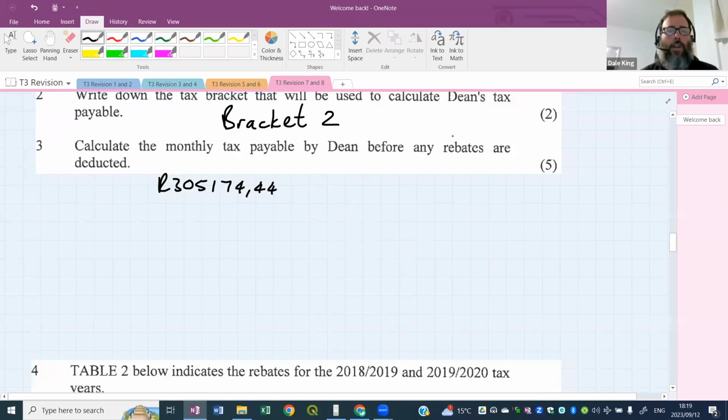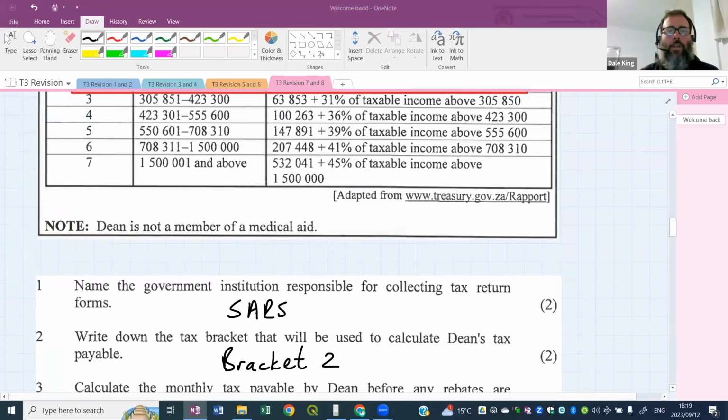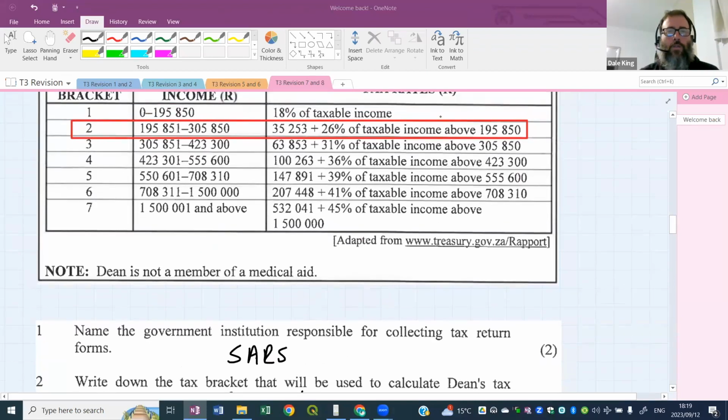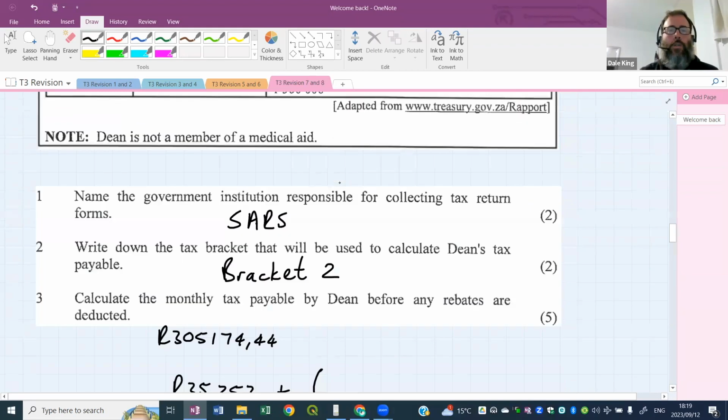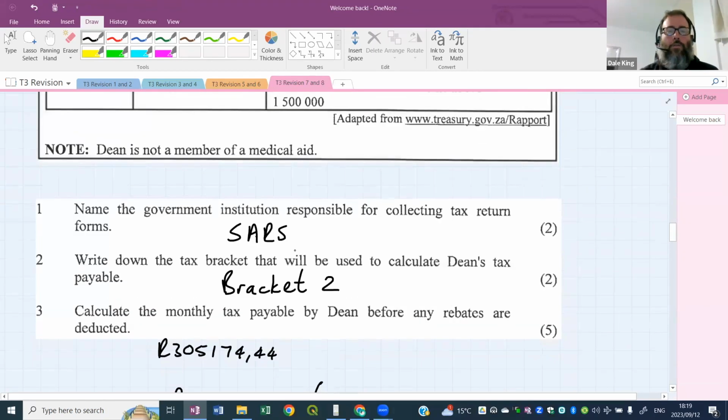Well done, Rafile. Now let's look at the bracket. Let's write the bracket out. So 35253 plus 26% of